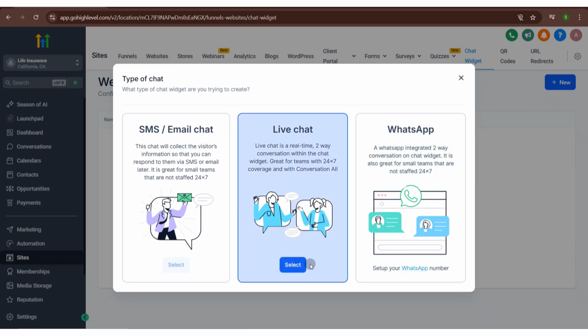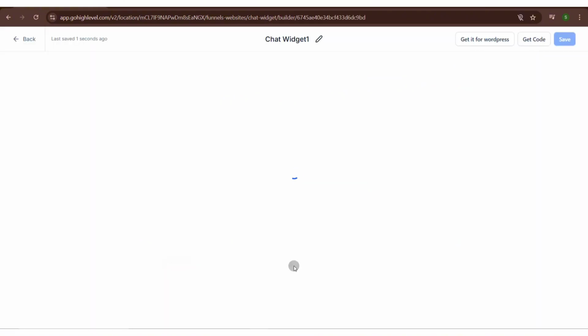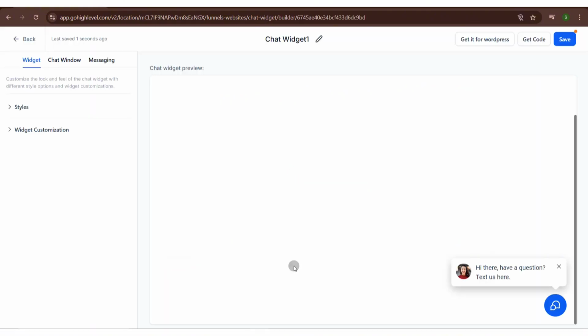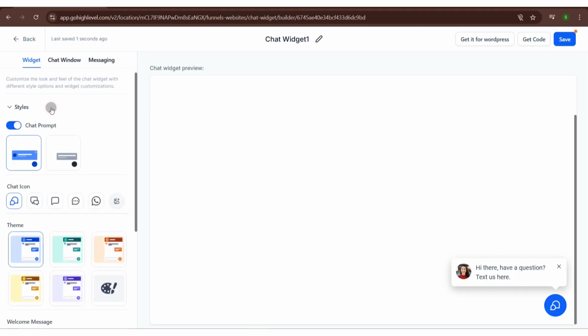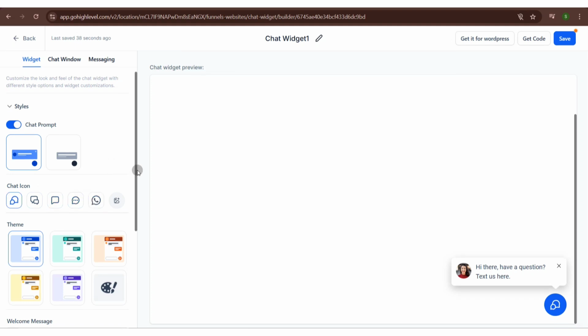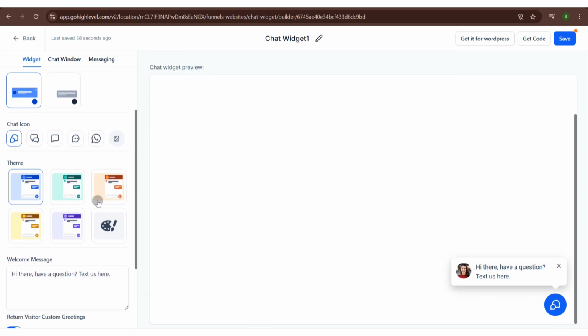So incorporating a live chat bot is the best way for you to entertain your clients anytime they need you. So go ahead and click on that select button for live chat, and that will redirect you into this page where you can actually customize how this live chat will look like. By clicking on the style section, you can customize how this chat bot will look like with the chat prompt,